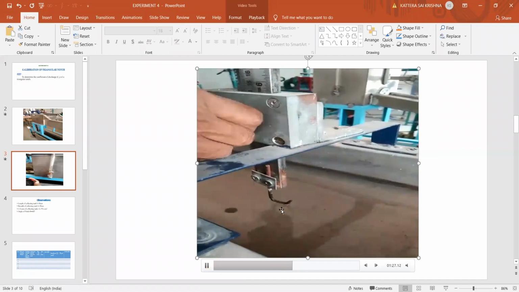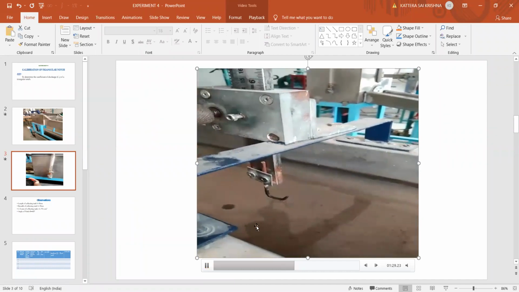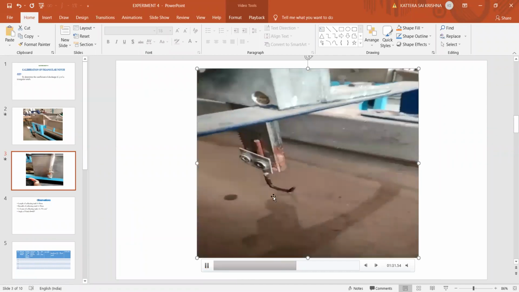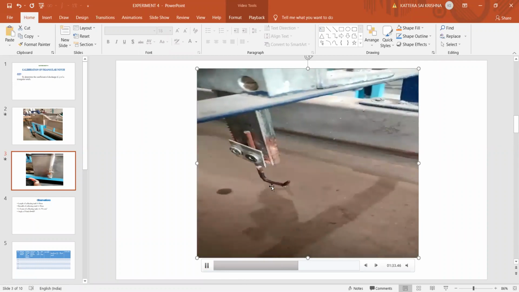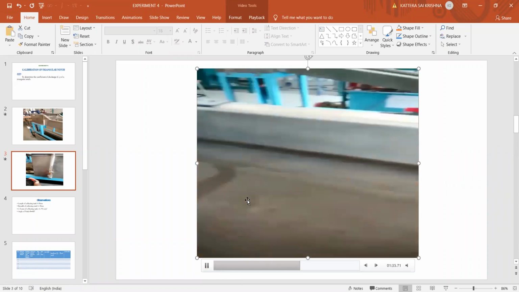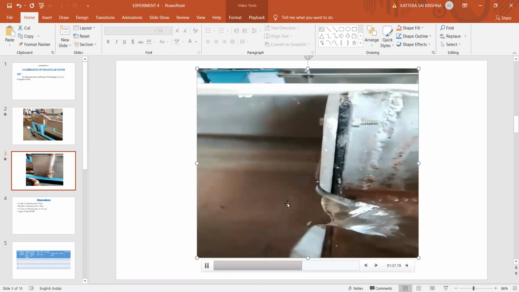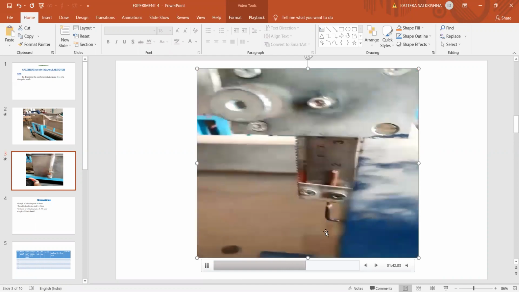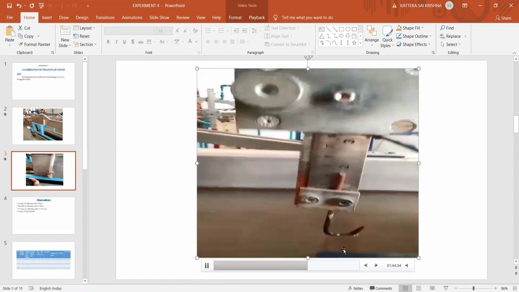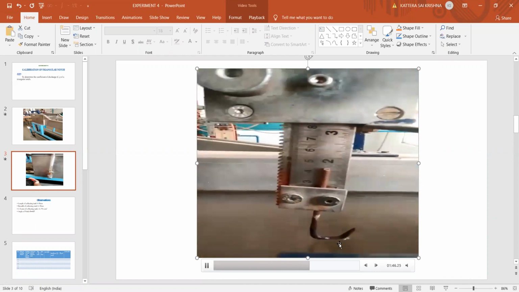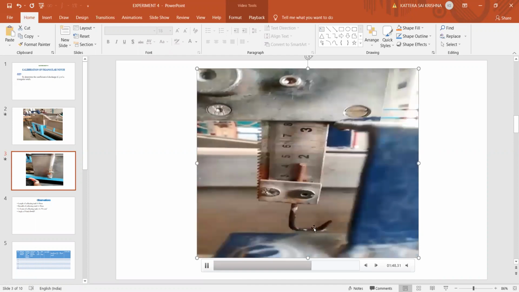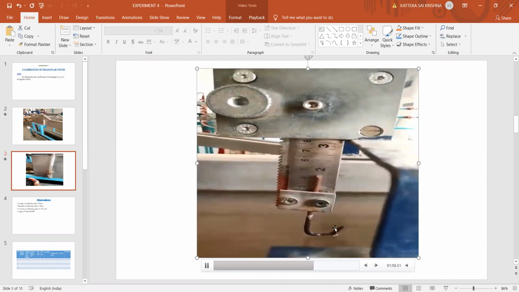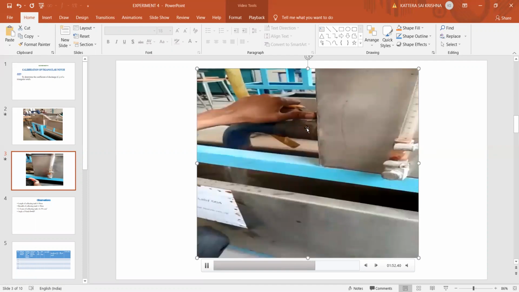See, the pointer is moved up now. And we need to wait. Immediately we cannot take the values there. Again, sometimes the water level may increase. So we need to wait and see whether it is continuously touching the surface only or it is immersed. See properly. Again, the water is increasing. So you can see the pointer is again immersed there a little bit. So again, we need to move the scale upside.